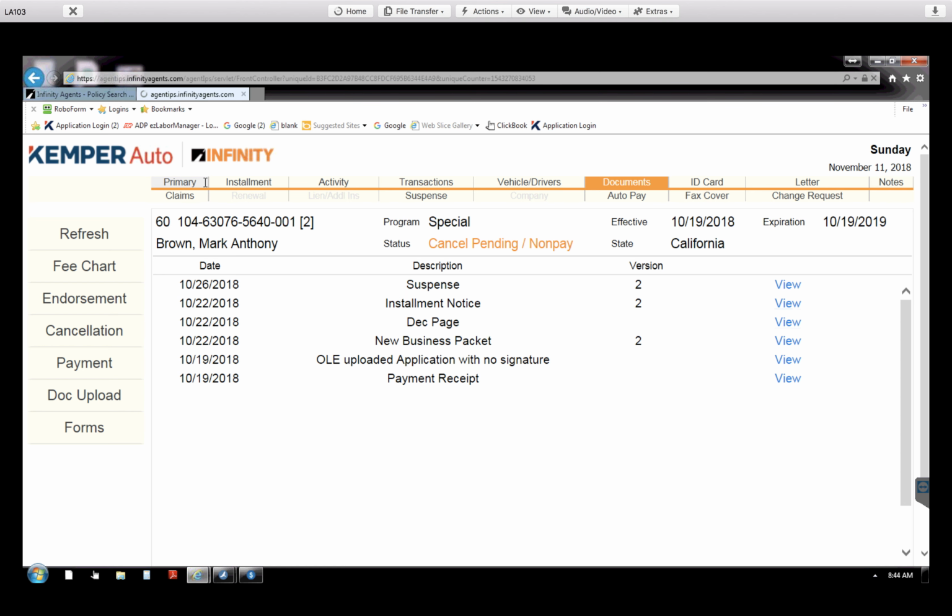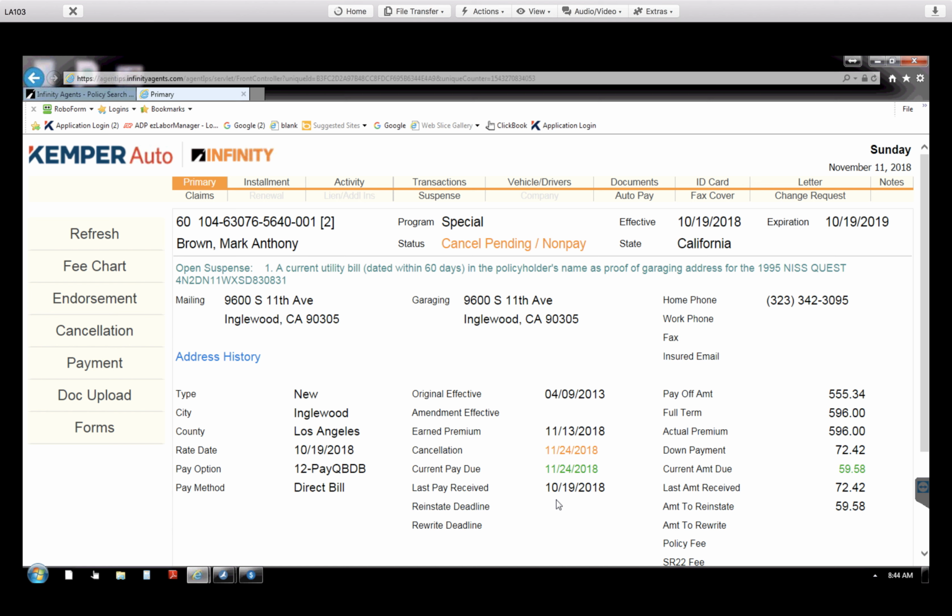Now let's go back to primary. The policy is still not canceled. They're giving the client until the 24th of this month of November to make the payment. Late payment, of course, the last payment that was processed on the 19th of October for $72. But if we go to installments,